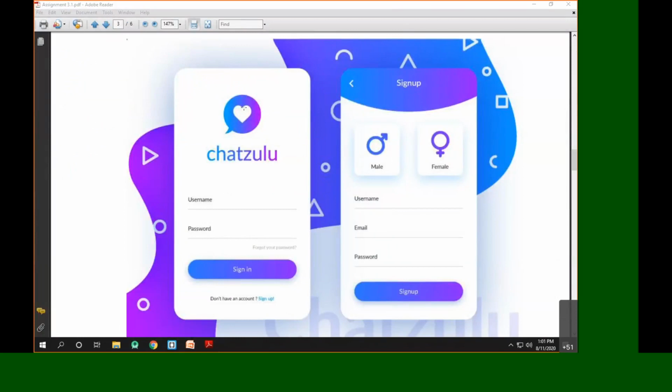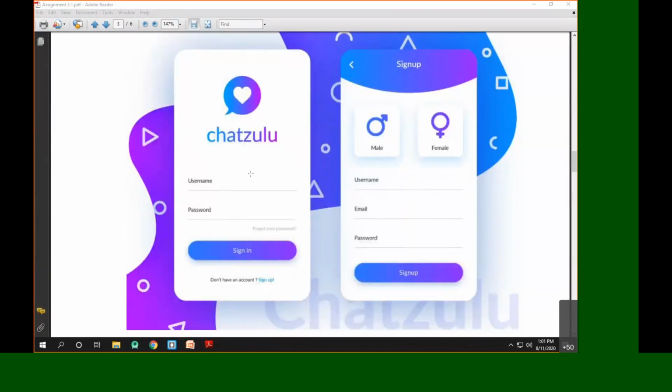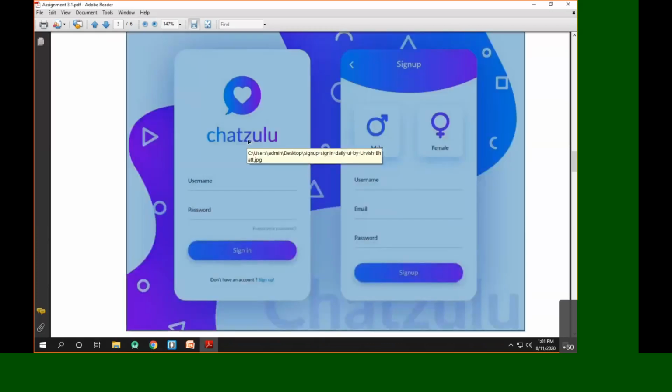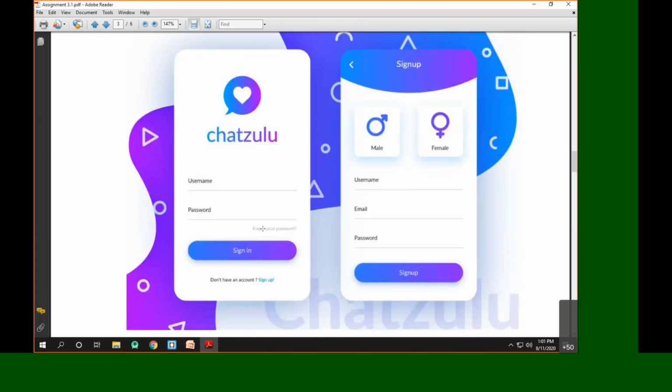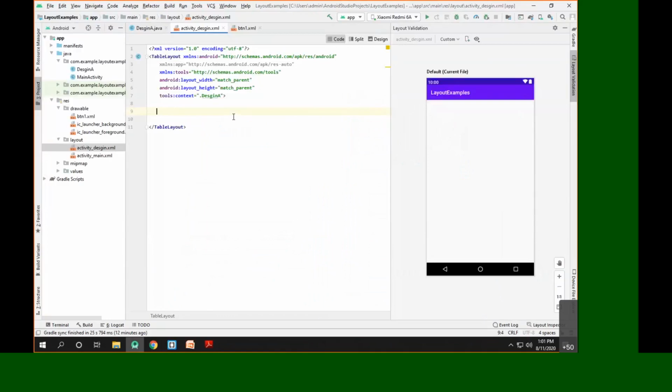Okay, as you can see here, the controls are one below another. So rather than going to the constraint or the relative layout, even if we use the linear layout, this will be sufficient for the design C. If you look very closely, you can see there is one image, below that we have text, below that we have two text boxes, below that we have one text view, and below that we have a button. So even if you use a linear layout, this will be very easy. So let's try to do that.